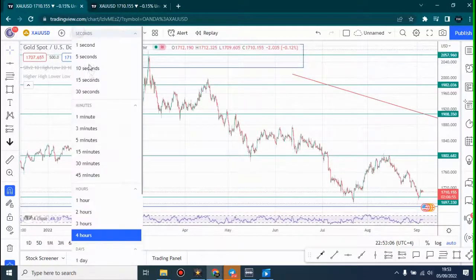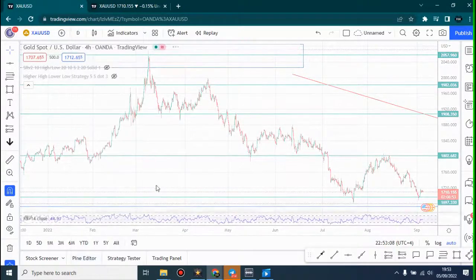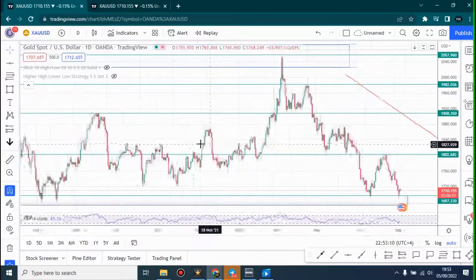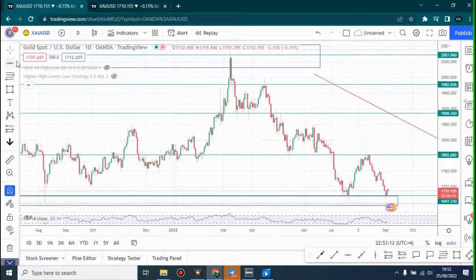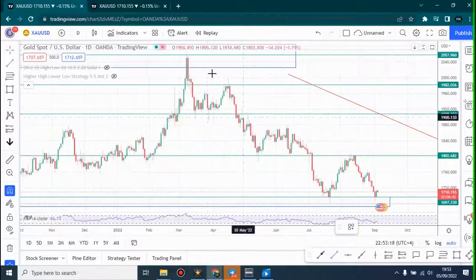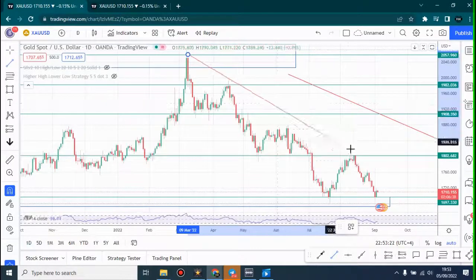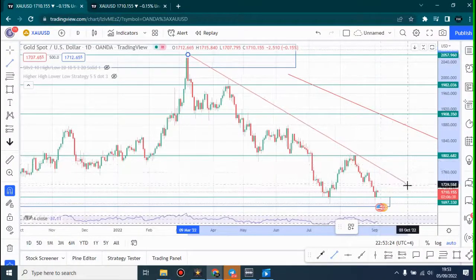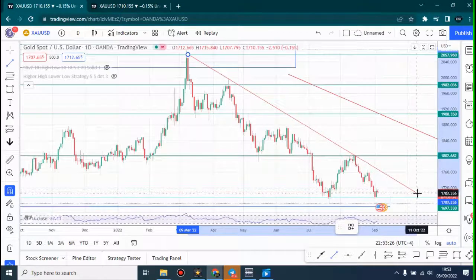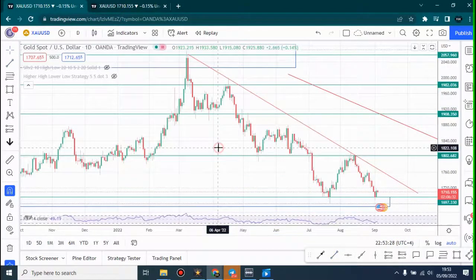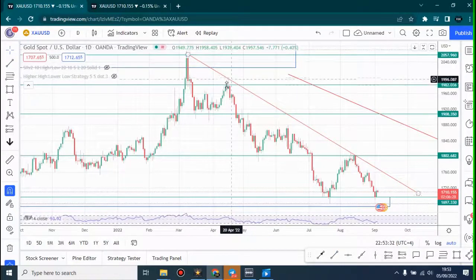I'll go to the daily and draw that line. We haven't yet drawn a trend line. I always draw my trend line because it's very important. Price always respects trend lines, so I have to draw my trend line. Okay, I'll start from here and draw it down here. As you can see, price respects the trend line from this point A, this point B, and